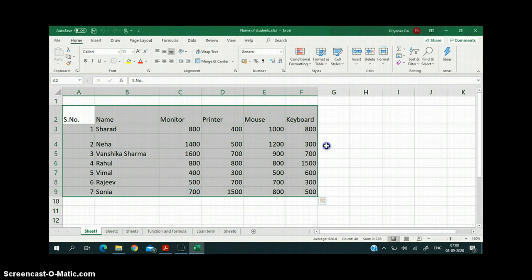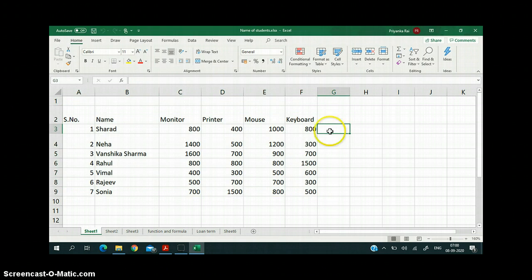So first of all you have to choose an active cell, like this is an active cell and I want to insert here. So first of all you will click on home tab, then insert cell. I want to shift the cells down, that is I want a cell here. So this cell will shift down. I have clicked OK. One more cell has been created. Let us see this here. As you can see, 800 has been shifted down and a blank cell has been created here. So in this way you can insert a cell.